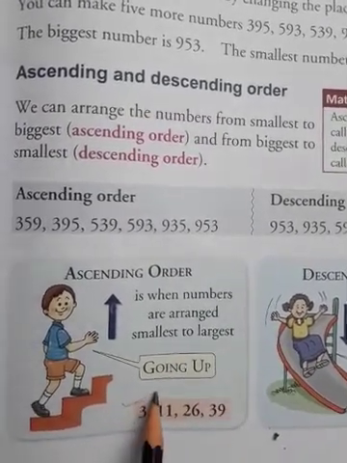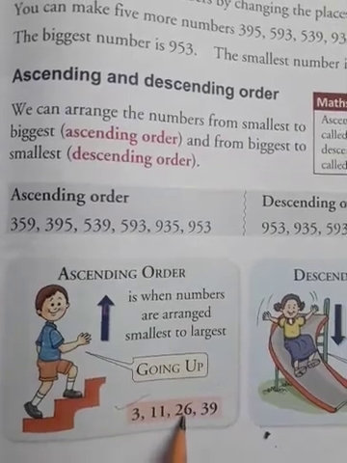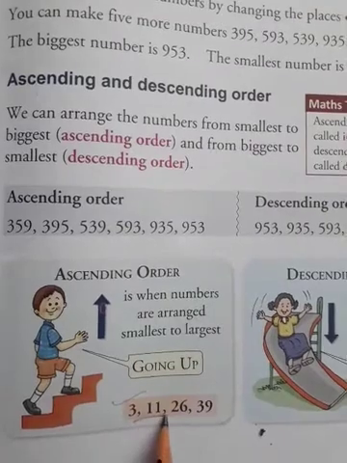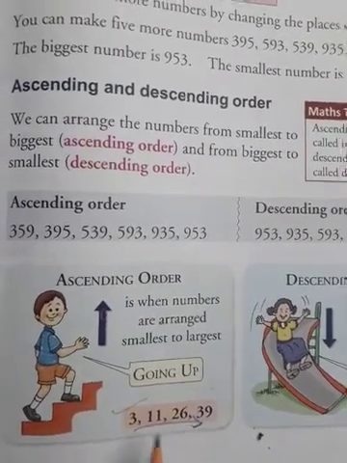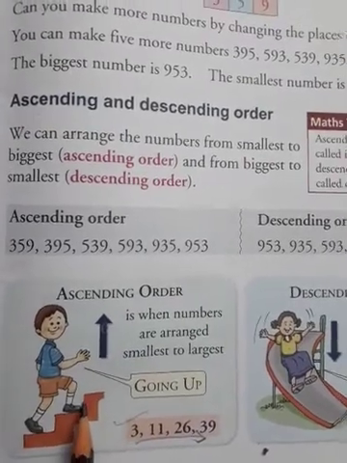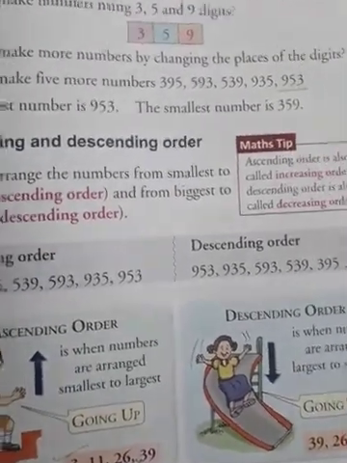Here is one more example: 3, 11, 26 and 39. So this is the arrangement from smallest to biggest, going up. So this is called ascending order. Okay, and next is